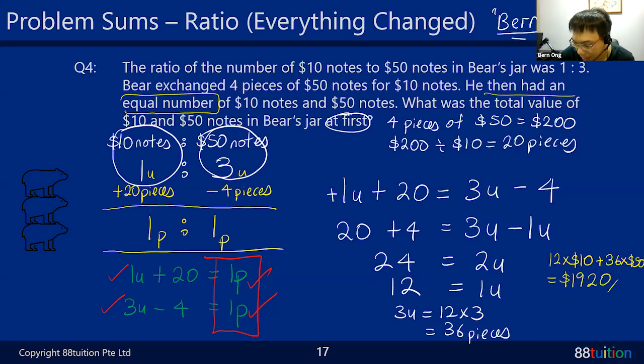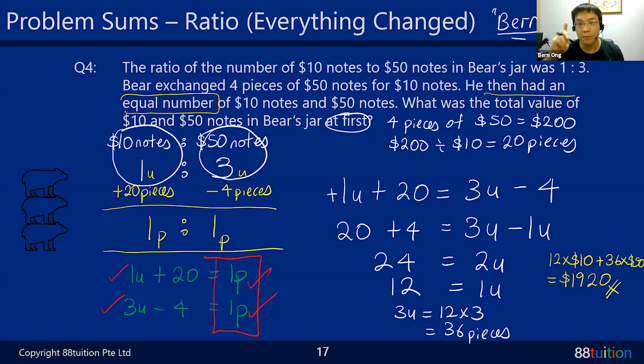1,920. That's the amount of money Bear has in the beginning. It's not 10,920. It's not 72,000. Hello, it's only 1,920. All right, I used my calculator. Okay, stop catching me. All right, Kavin, it's not 72,000. Look at the working here.